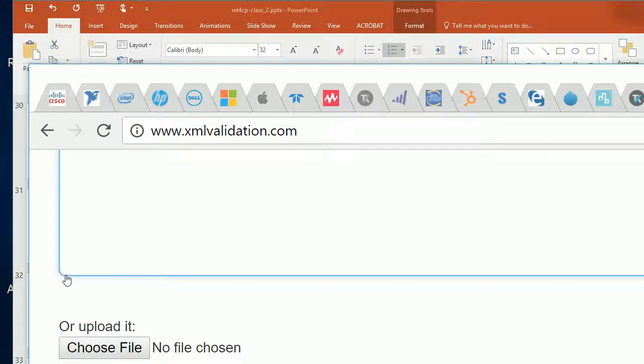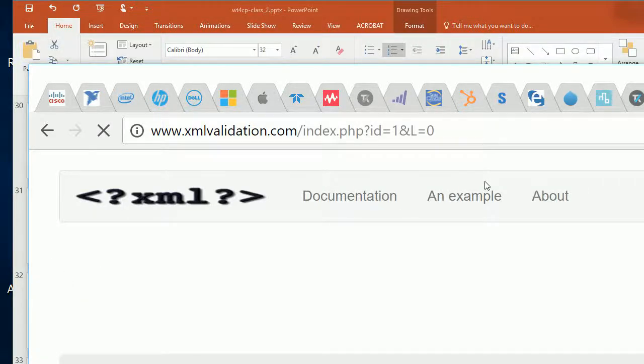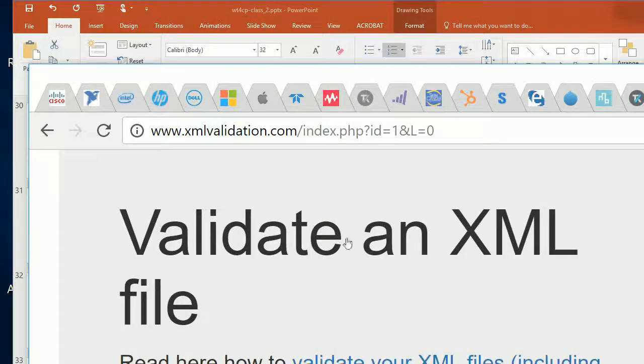Unfortunately, that's an unfortunate name, validate. It's because we're not really validating against the DTD, but nonetheless, it's a free tool, and we see that no errors were found. If there were errors here,